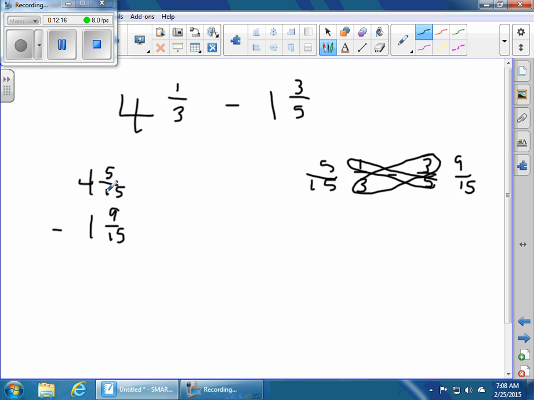Well, clearly I can't subtract 9/15 from 5/15, so I'm going to borrow. I'm going to take a whole away. Now don't get confused and just add a 10 here. That doesn't work. What you're going to do is say, well,